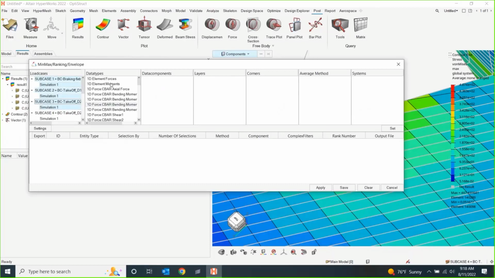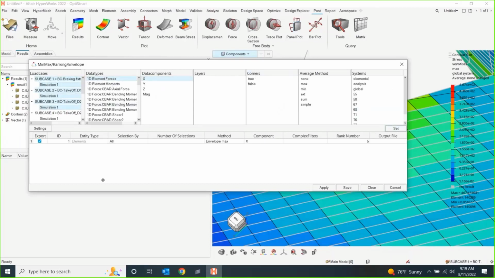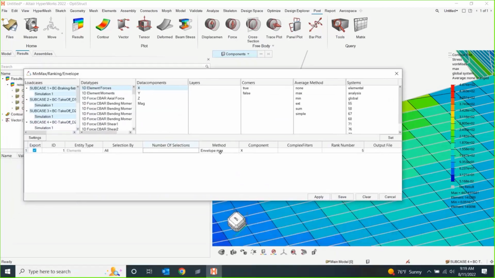Once again, I'll select my three load cases, element forces. I'll answer the same questions. But now what really is important is this idea of what method we're going to do. So if I pick, let's say, all, I want you to look at all of the elements in the model. I want you to pick the envelope max, right? So the envelope max is going to pick